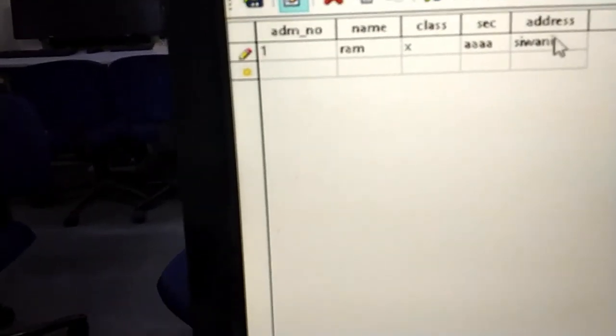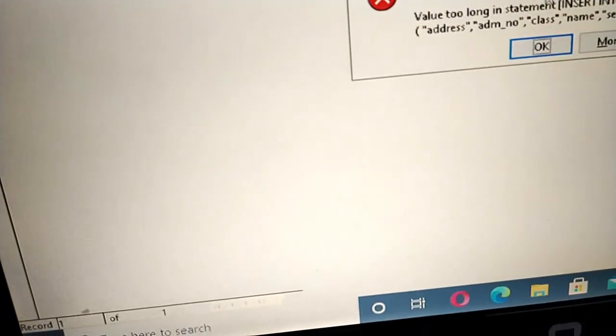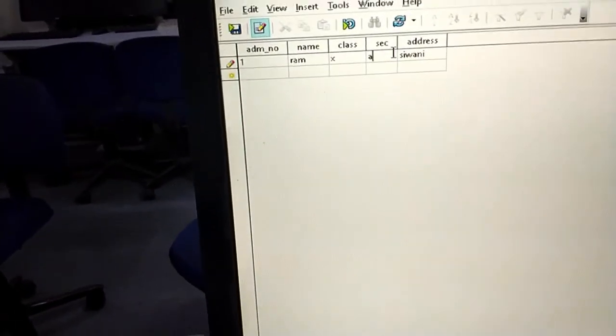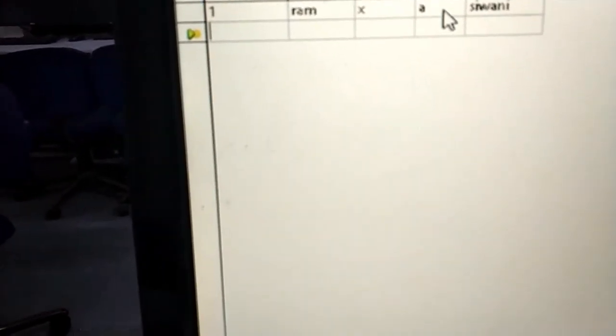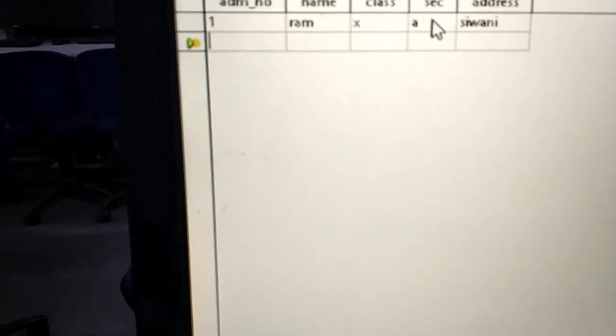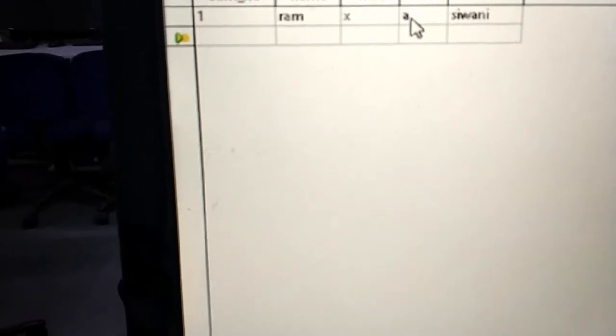And address I'm putting again Shivani. Just see, if I'm pressing enter after writing this or entering this record, the computer is giving me an error. Why is it an error? Because as you can see, this AAA in section is invalid because I can only enter 1 character length. Since I fixed the length of this section field as 1 character long, more than 1 character you can't enter, and intentionally I entered the 4a that was more than the 1 character length.